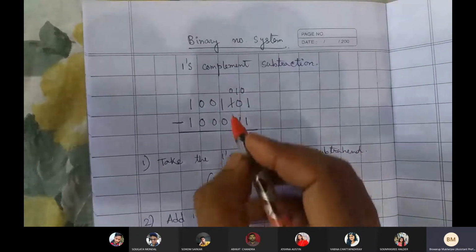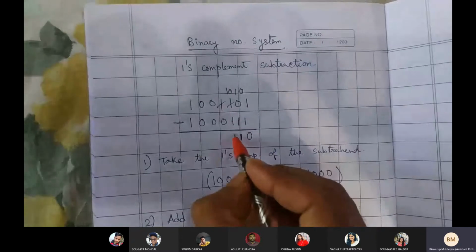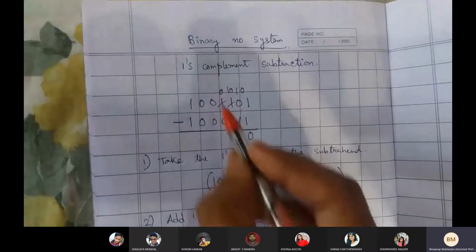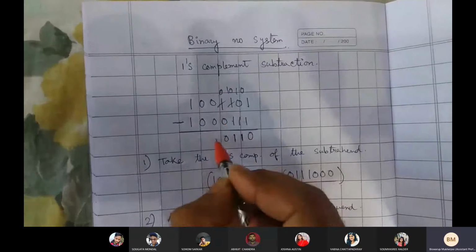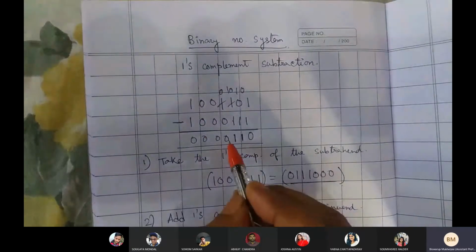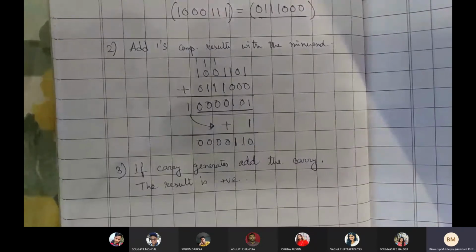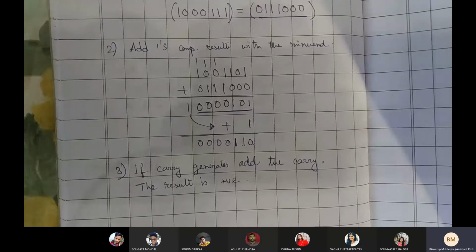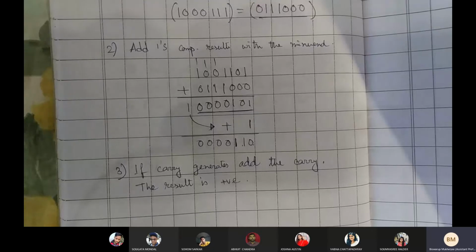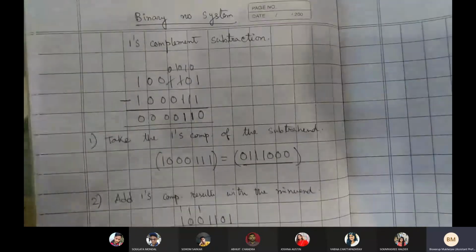Now it is 0 minus 1. So it's coming right from here, coming at 10. And again it is 1. It is becoming 0. So 0 minus 0 is 0, 0, 0, 0. So all are 0. So the subtraction result is 0110, or simply 110. That's same thing has come right over here, 110, right? Fine. So this is one's complement subtraction. Opposite, let me just flip this subtrahend and minuend. Next page.